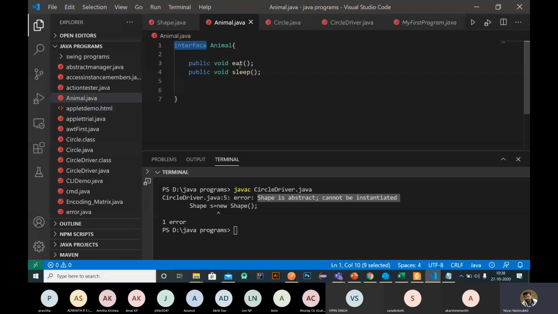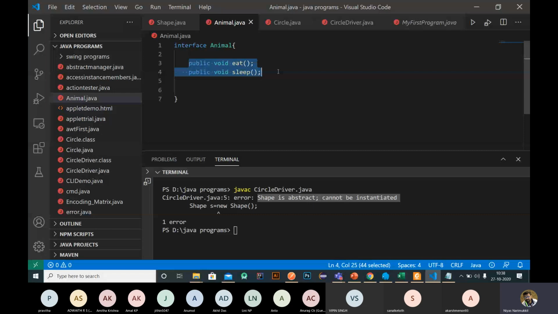I will show you an example. We created an interface and these are the abstract methods. So we can create another class called Lion. We need to use this interface for this class, so instead of extends, we are using implements Animal.